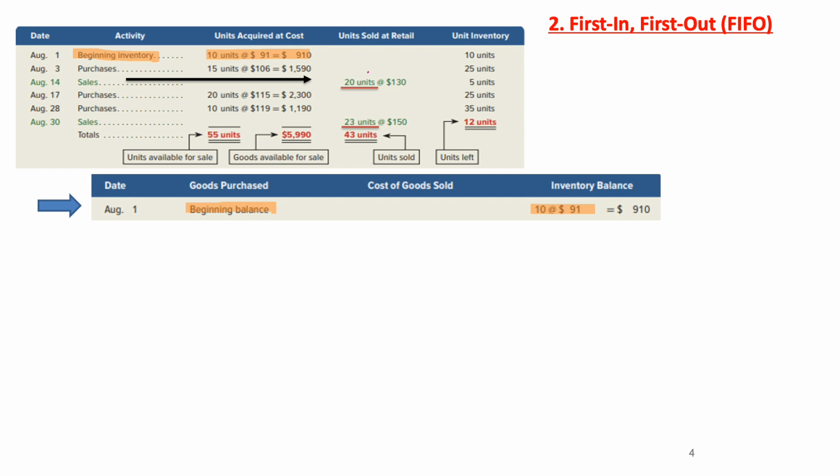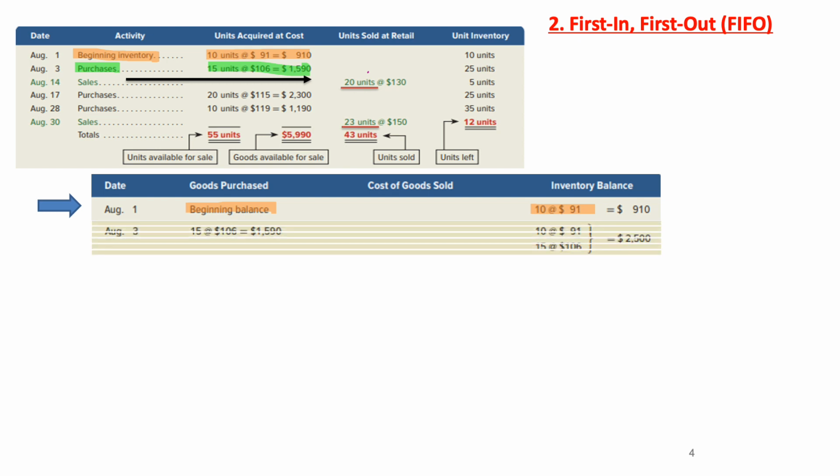Now let's move on to the second transaction. On August 3rd, the company purchased 15 units and each unit cost them 106. Now I need to put this information in the table, but where am I going to record it? I'm going to record this in the goods purchased column. Why? Because the company did purchases. So I'm going to say 15 multiplied by 106, which gives me